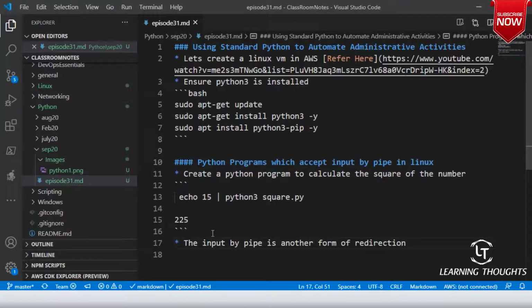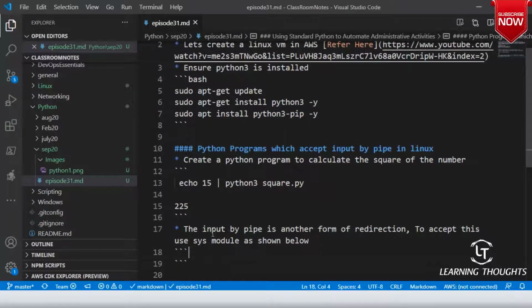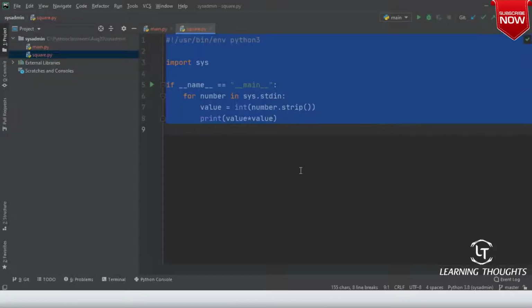To accept this, use the sys module, as shown below. Let me not try to explain the code over here. We have written a very simple Python code over here.